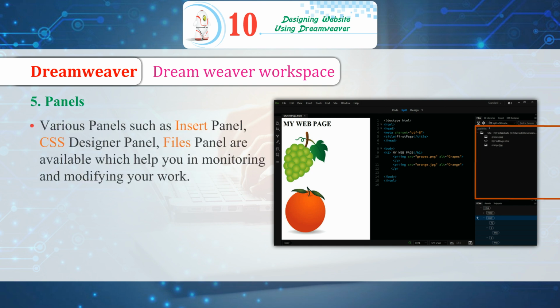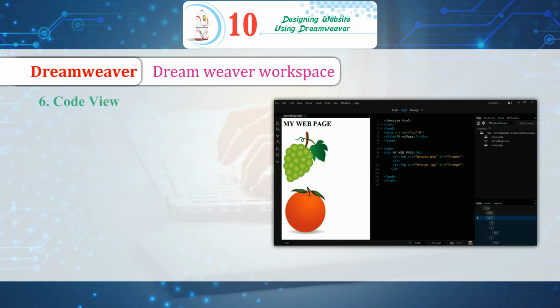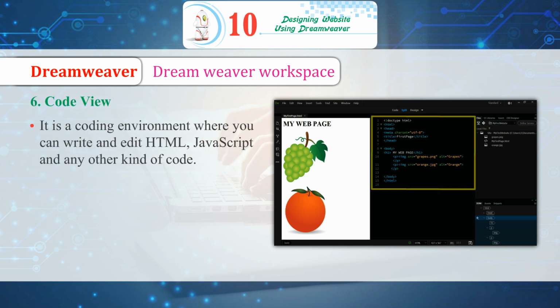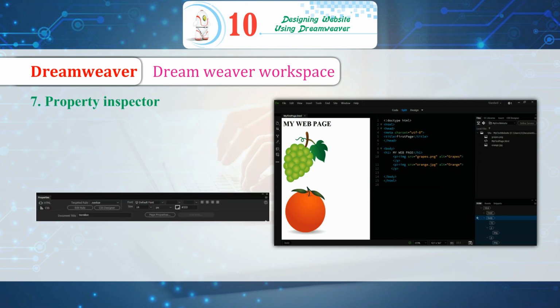Various panels such as Insert Panel, CSS Designer Panel, Files Panel are available which help you in monitoring and modifying your work. 6. Code View. It is a coding environment where you can write and edit HTML, JavaScript and any other kind of code. 7. Property Inspector.